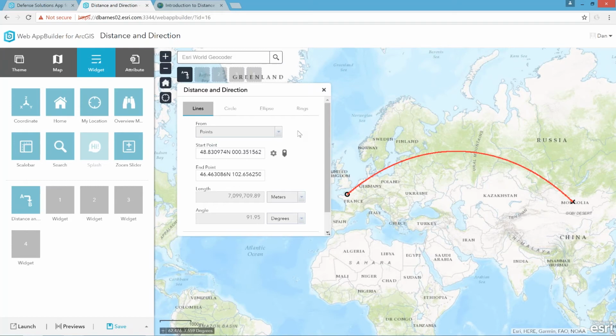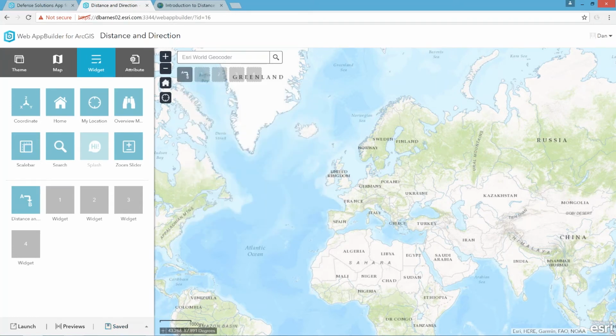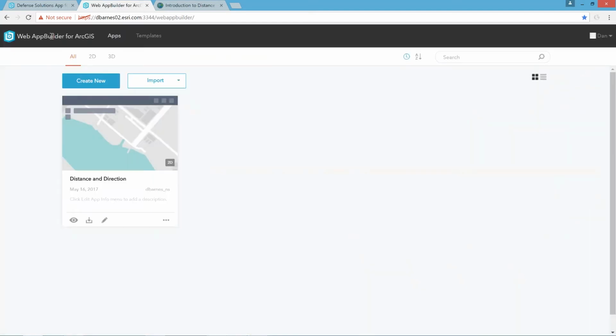So what you have to do to add labels to your application and get the full functionality out of the distance and direction widget is to copy and paste a statement that will turn labels on into the config JSON file for your application. That might sound like a complicated step for some of you. It might sound like a simple step for others, but I just think it's important to showcase because in order to get labels, it's necessary, and it'll make sure that you are driving the full functionality of the widget when you build these applications. So the first step will be just saving this application, navigating back to the home page,